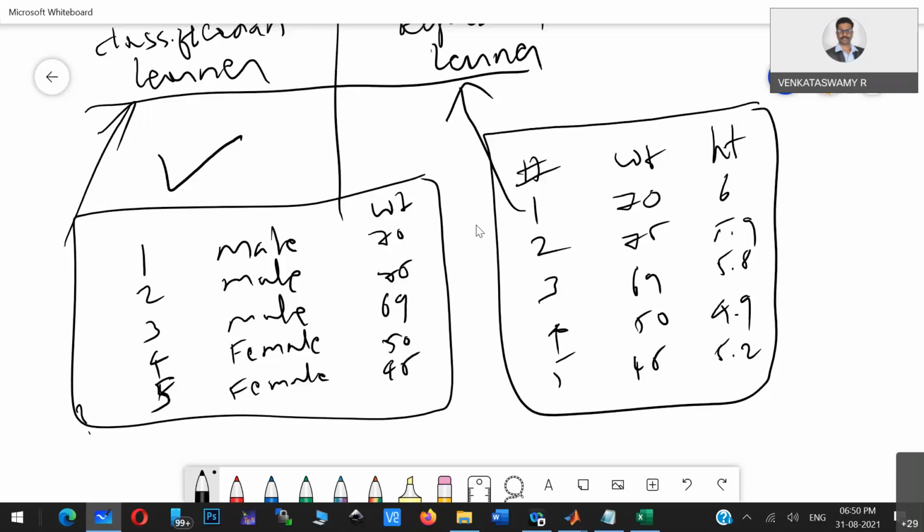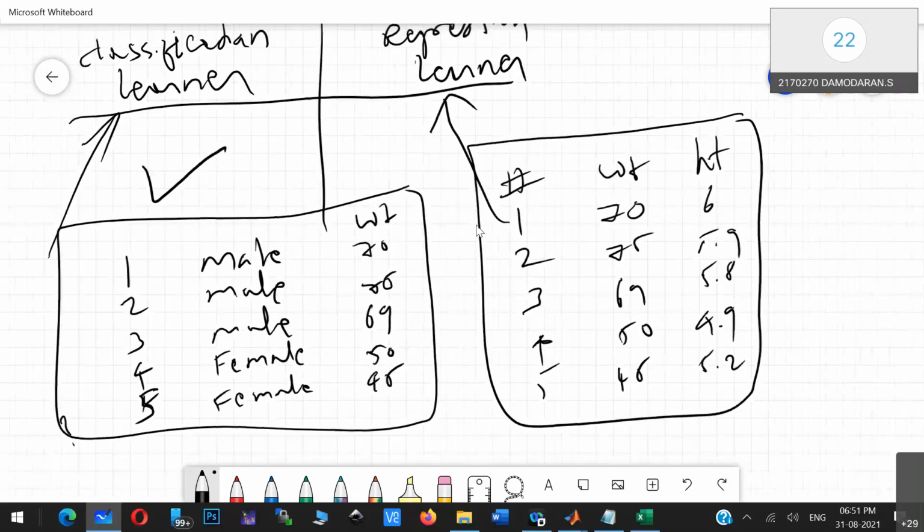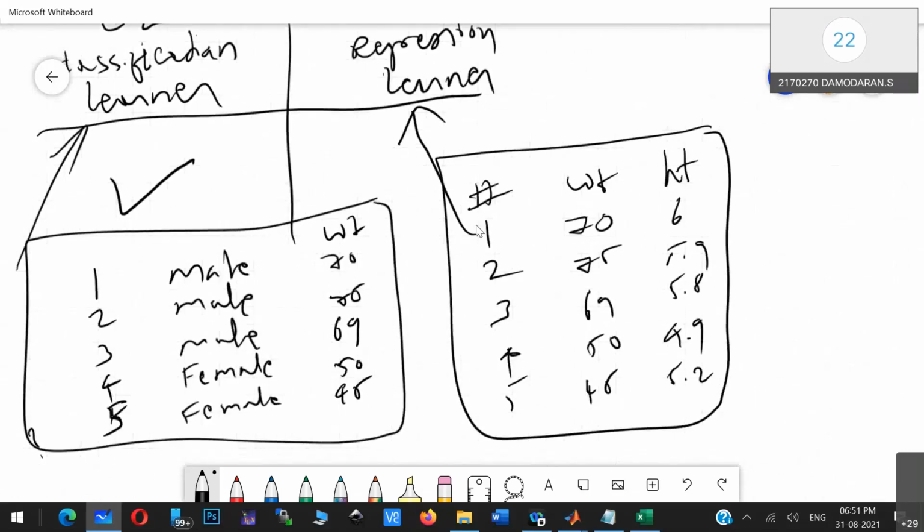So that's clear, but is there another example you can give for a regression learner? The classification learner is clear. For me, the second example also appears like a classification learner. Do we have a string in the second part? Here we have a string. Here we don't. Very simple. Okay. Got it. So in that way, we can choose which one we have to use.